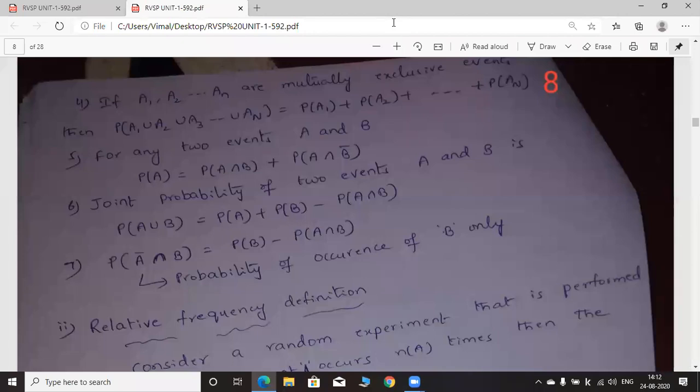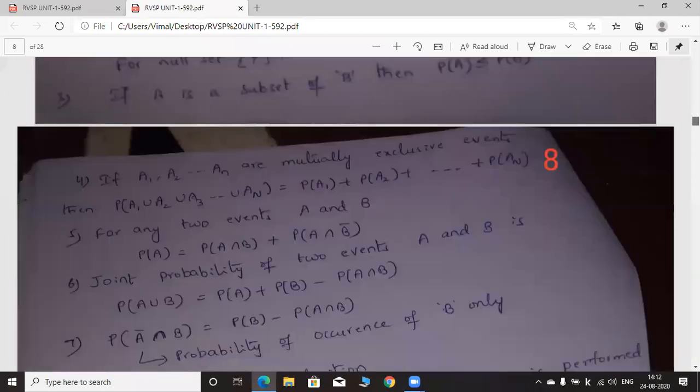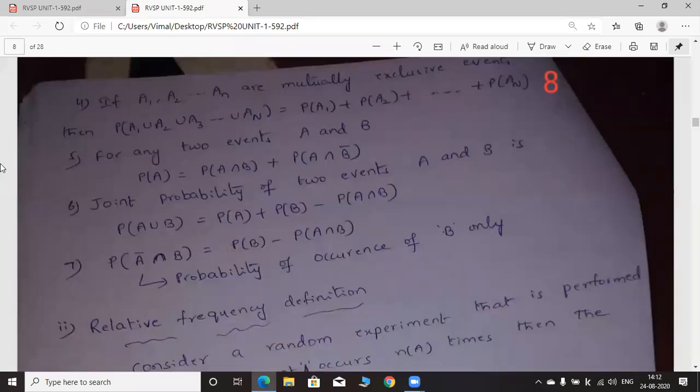Okay. Actually, in the previous class, I started the topic properties of probability. What are the properties of probability? Already, I discussed 4 properties. We have the remaining three properties to discuss now. Fifth. What is the fifth property? Is the